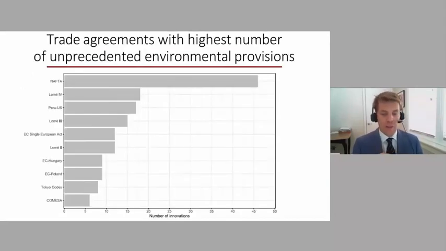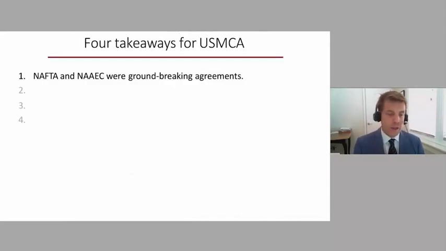It's important at this stage to clarify that for the purpose of the data set, I grouped together the trade agreement with their side agreement. So if a trade agreement and an environmental agreement were concluded on the same day by the same parties, I would consider them for the purpose of this data set as a single package, even though technically speaking, they are 2 separate agreements.